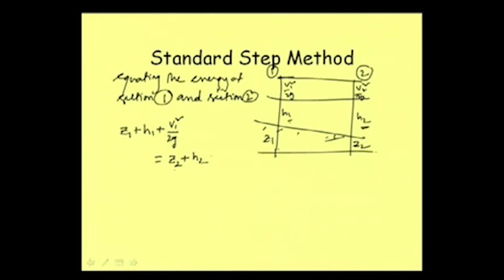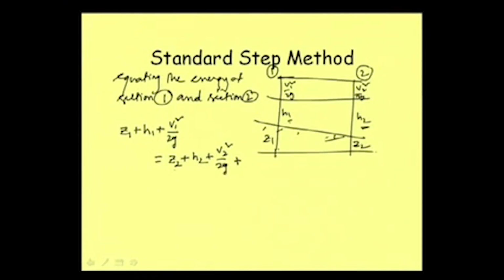But definitely these two energies cannot be equal, because we need to add the loss part here, and we are adding two types of loss. One loss is due to friction, SF. From the friction slope itself we can directly get this, that is, if the distance delta x is very small, then we can get the friction loss as the friction slope SF multiplied by delta x.